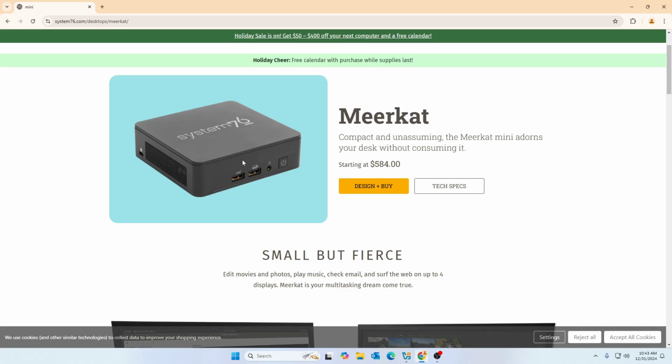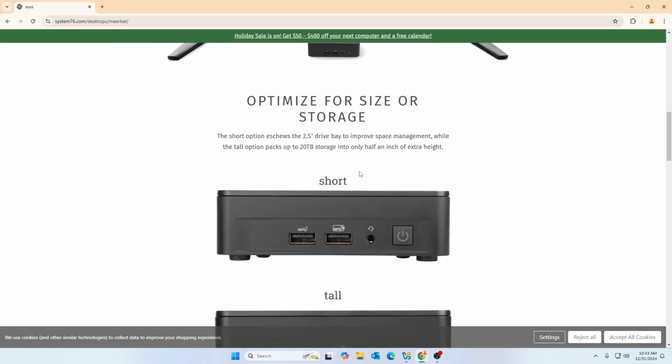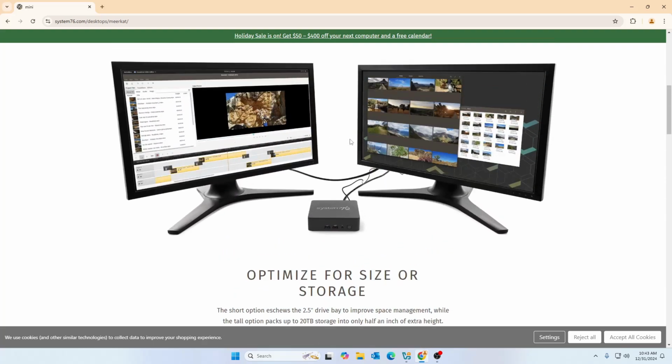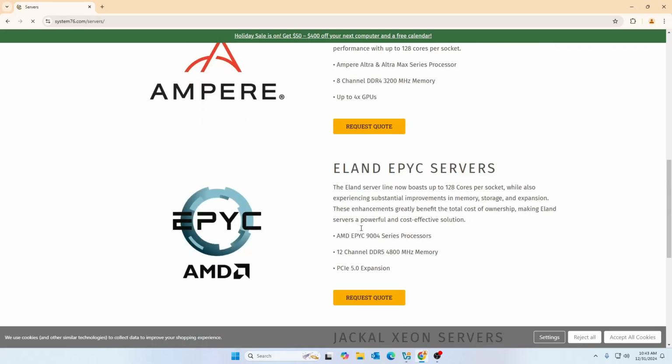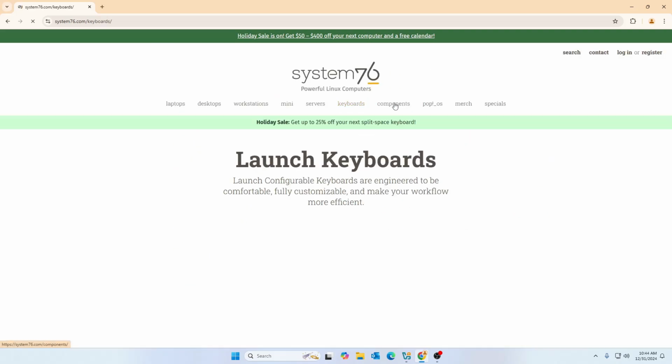These mini PCs are really nice. You can do a lot of work and it will not consume much space on your desk. And then they provide servers also if you wanted to purchase, and then keyboards and components and